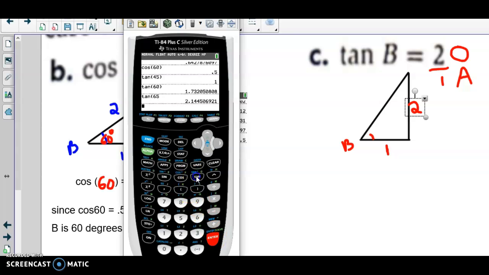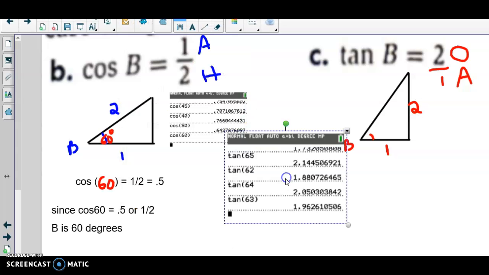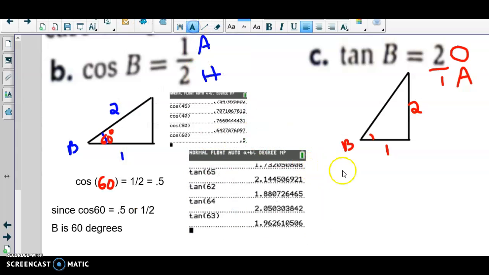So let's try something different. Let's say tangent of 62. Let's try that. Okay, getting closer. Tangent of 64, 2.05, that's pretty close. Maybe tangent of 63. It's not exact, is it? Yeah, so it's somewhere between 63 and 64 degrees, right? So we know B is going to be between, let's put this right here, B is between